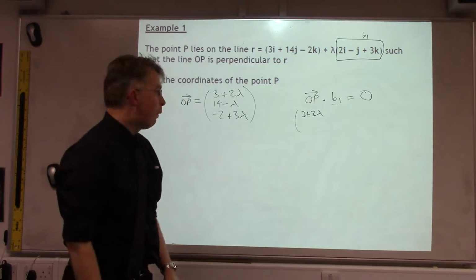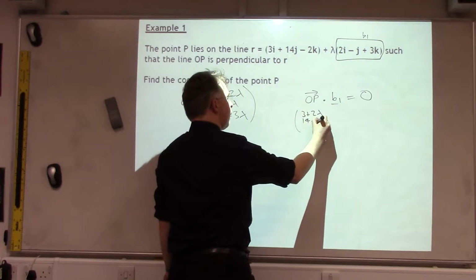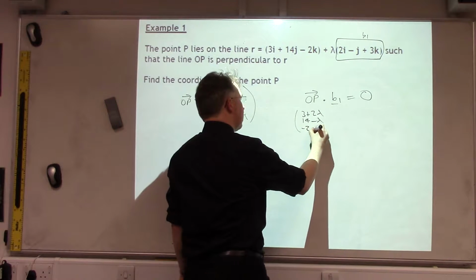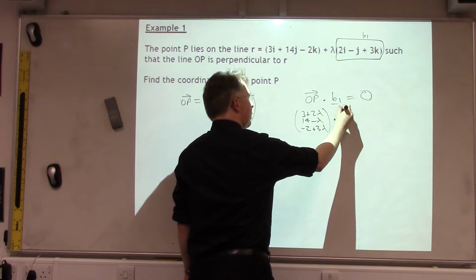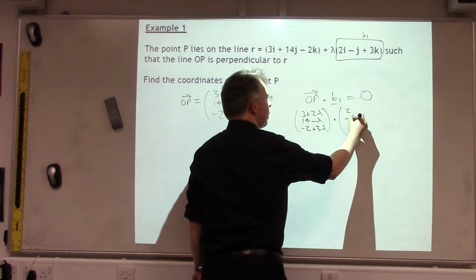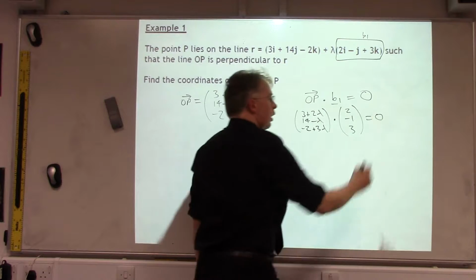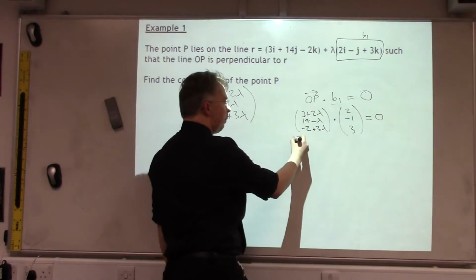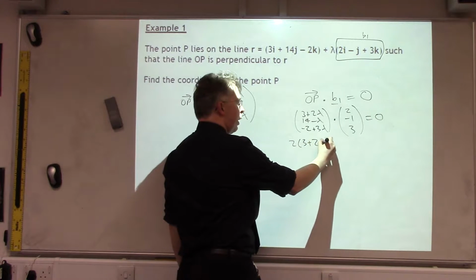So 3 plus 2 lambda, 14 minus lambda, minus 2 plus 3 lambda, dot product with the direction vector of the line, 2, minus 1, 3,